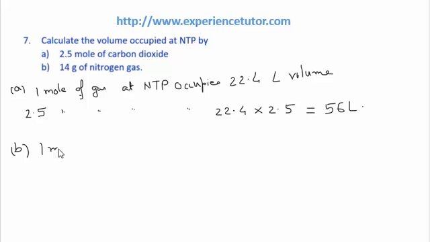The molecular weight of nitrogen is 28 gram; we have corrected it. So 14 gram of nitrogen gas will occupy